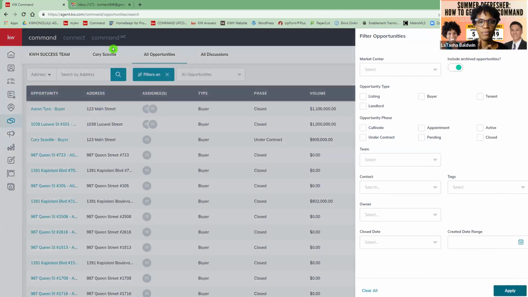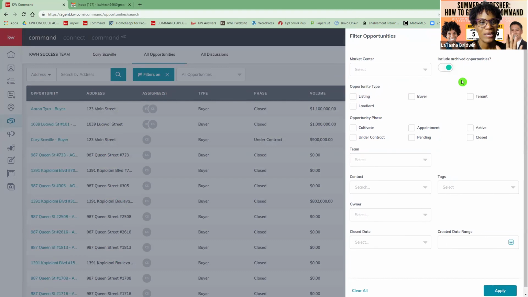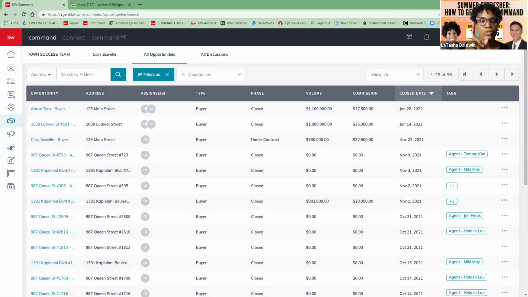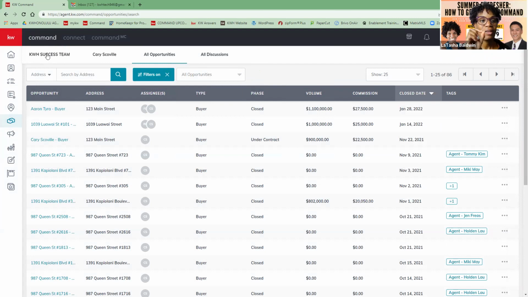And then if I can jump in, Bill, there's also another way that you can do it too. I'm all about multiple ways of doing it. So if you don't go back into all opportunities and do the filters, you can also go into your contact card for that specific person. Within that contact card, you'll see the opportunity, and you can unarchive that as well. Okay, perfect.